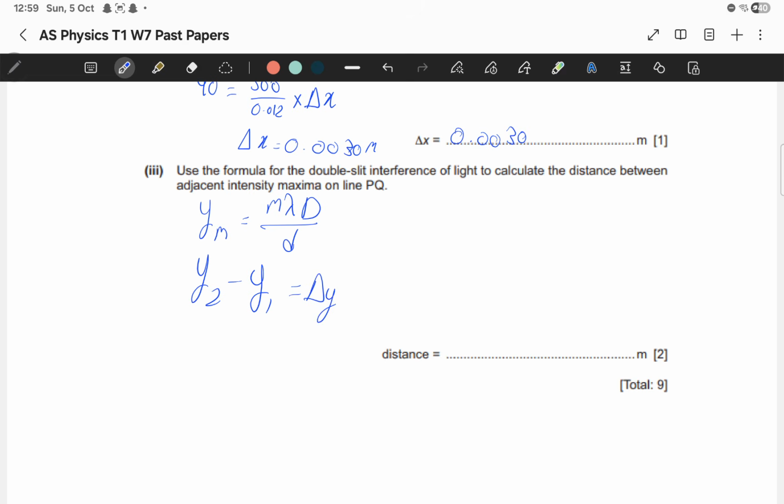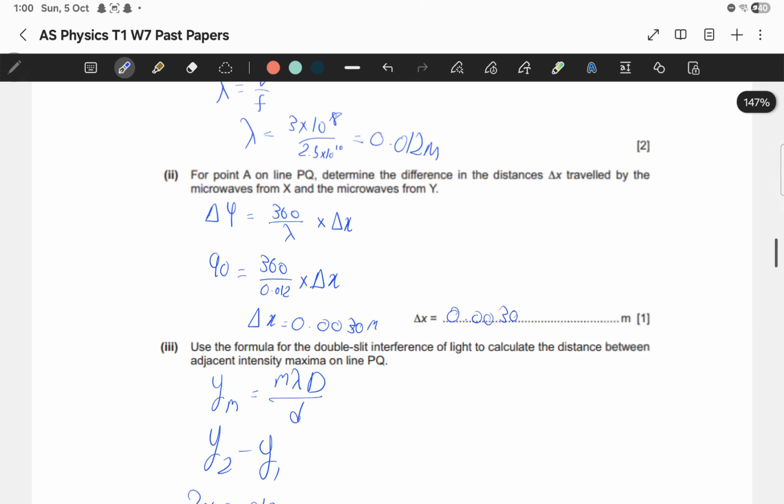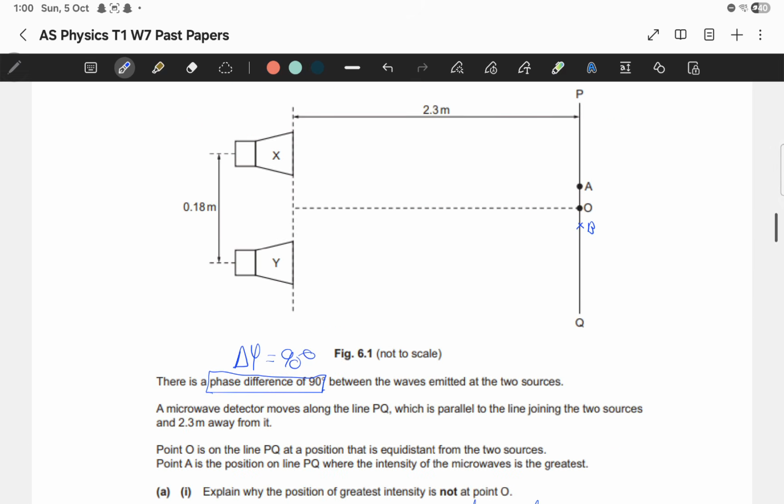This is gonna equal delta y, but I'm not gonna derive delta y. As I said, you see how I derived it in the file. Now please look at it, by the way, genuinely please do look at it. So 2 times 10 to the power, 2 times 0.012 times 2.3, because remember capital D is 2.3 meters,